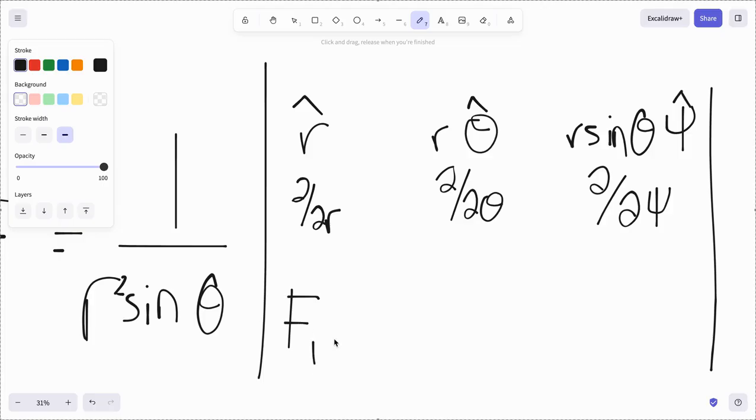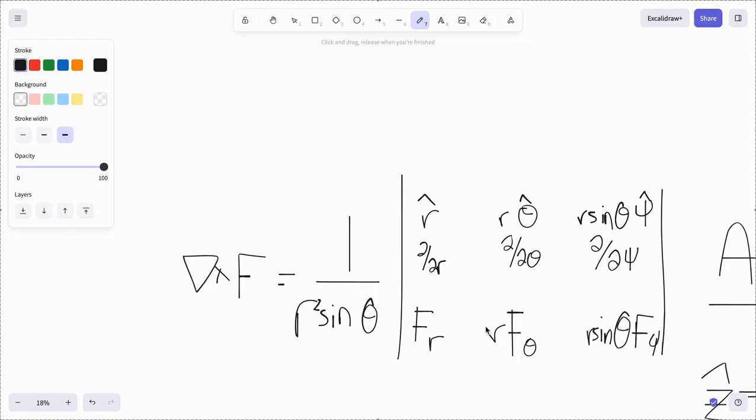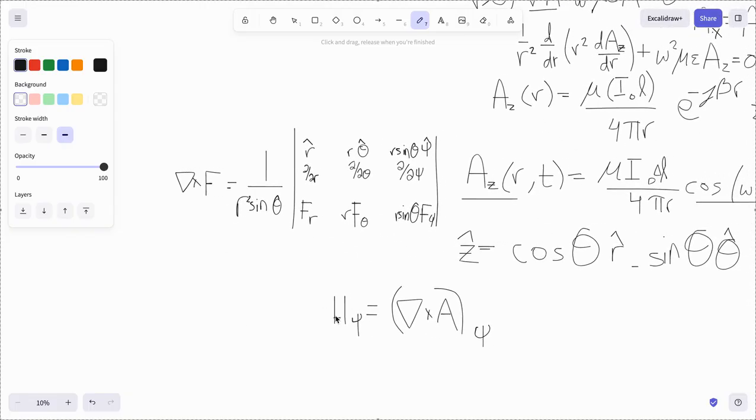And then the r component of f, r f theta, r sine theta f omega. Now this is just a notation, a formulation, that you kind of just have to memorize, but this is basically how you do curl in spherical coordinates, and we're going to use this a couple times in this video to figure out some stuff. But first, H sub phi is just the curl of A for just the omega part,